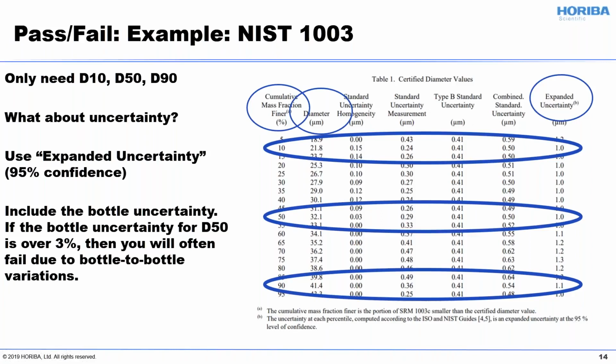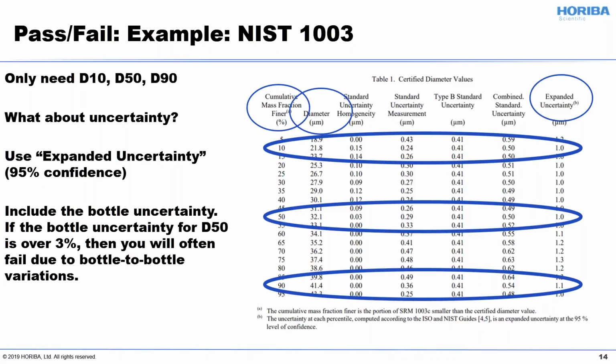Anyway, you can see that D50 of this is 32.1 microns, with expanded uncertainty 1 micron. That says that really D50 on this bottle could be 31.1 micron or 33.1 micron. And about 95% of the time, it's going to fall within that range, or 5% it won't. So 1 time out of 20, you're not going to get the right answer, just because of the uncertainty